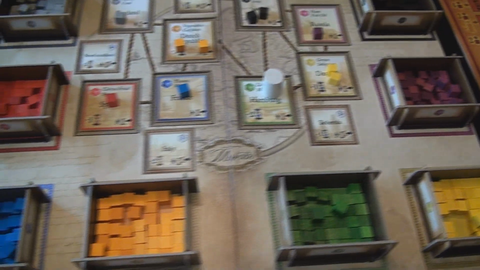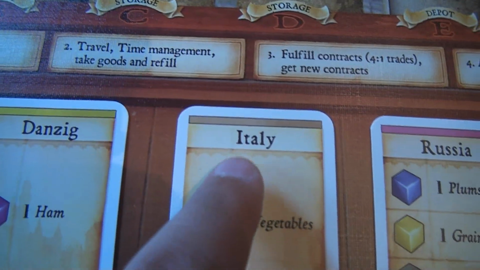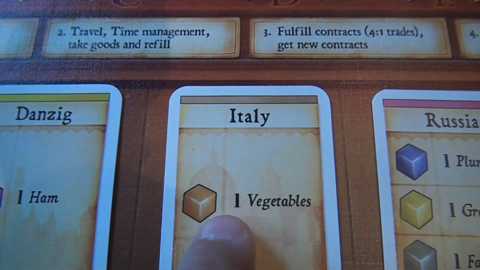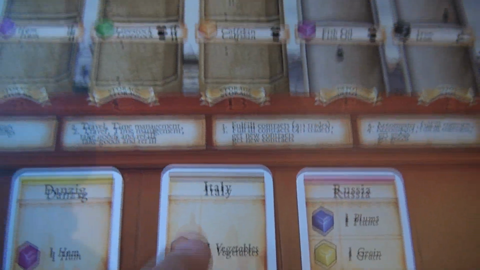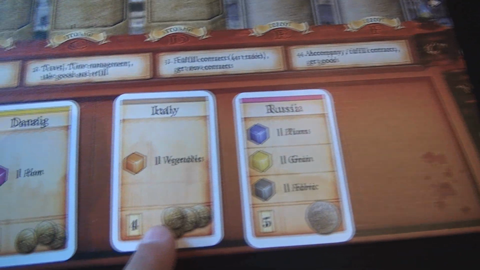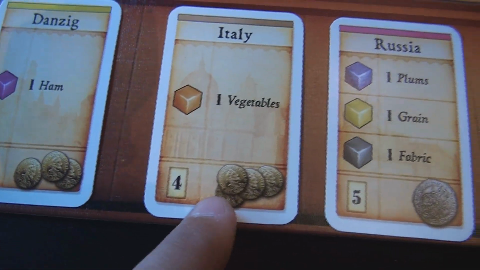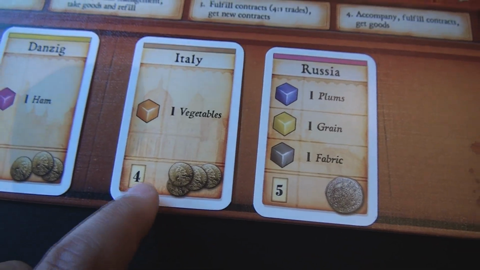The third phase is fulfilling contracts, and whenever you travel to a location, if you have the appropriate goods, you can fulfill that contract. So say you went to Italy and you have 1 vegetable. You can go ahead and put that vegetable from your board into the supply and gain a contract of a higher denomination. So you don't actually get coins for filling contracts, you get a higher level contract. So you would get a level 5 contract, which would be the top one, and you would place it on